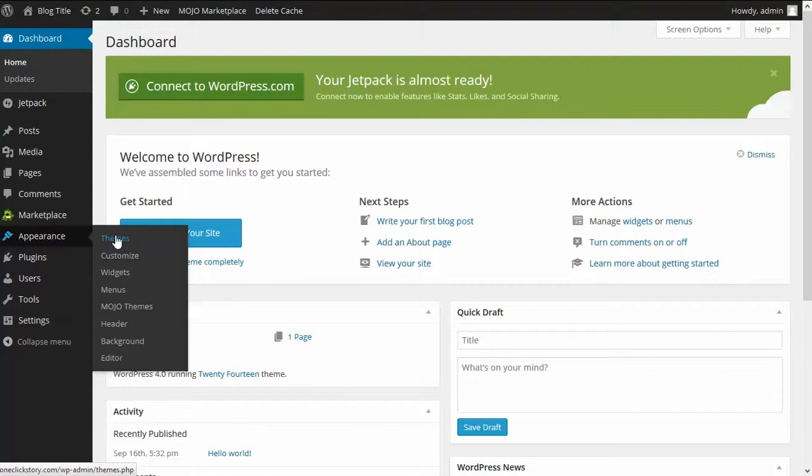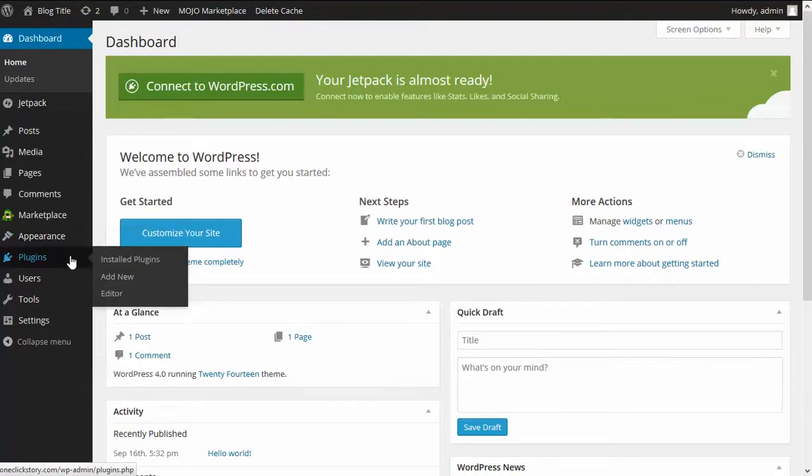You can add any other themes which you like. There are many themes available. There are many free themes. If you want, you can use paid themes also, but that's not required here. So there are many free themes which you can browse and install here. This is the plugins. In this plugin section you will need to install your beginners package or your pro package. I will show you in the next videos how to install your package.